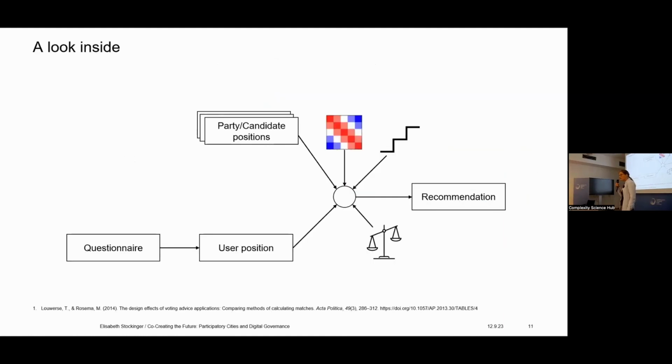So if we take a look at how they work internally, this is a generic model of a voting advice application, as they are common in the majority of European countries, at least among the ones that are most widely used. We have an internal representation of party or candidate positions on some sort of political mapping. We elicit the user's position on this mapping through a questionnaire, and then we compare the two using user or expert assigned issue weights and following a certain distance logic to arrive at this set of recommendations. So we have quite a simple and inherently interpretable system.